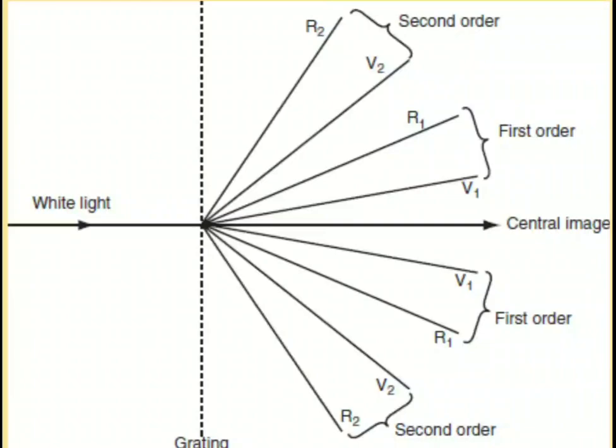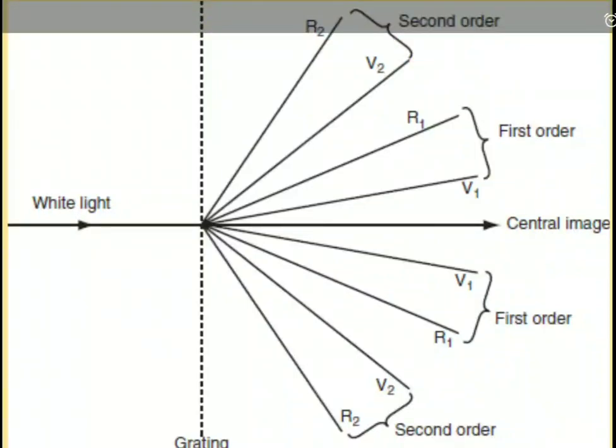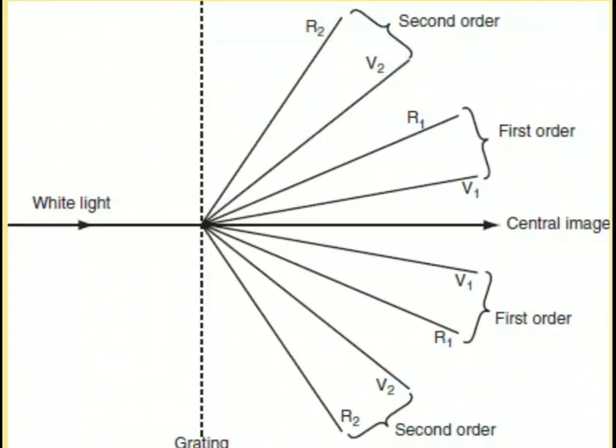But when you observe on both sides of the central maxima, there exists a spectrum. These spectrums are also in order. So this is the central image, and on both sides of the central image there are two spectrums, the first order spectrum and the second order spectrum. In the first order spectrum, the intensities or the wavelengths are different compared with the second order. That means the intensity of the first order spectrum light is comparably high.